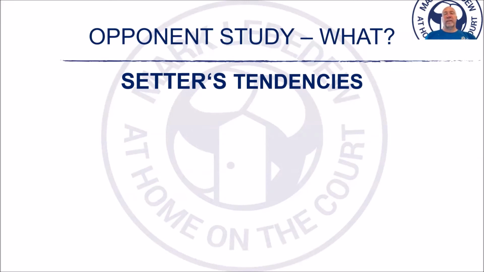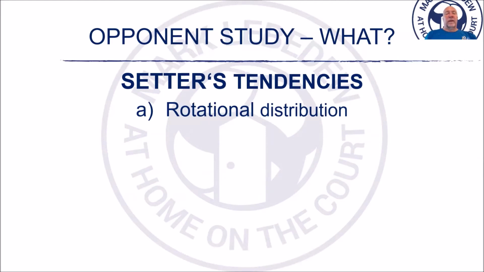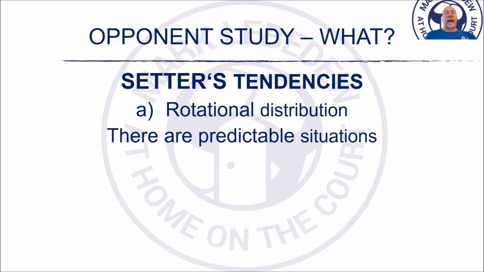attention to spikers. The next thing that we need to do is really search for the setter's tendencies. And there's a lot of different things that we can look at here. And this is the one that can really take the most time. The most common one, the traditional one, if you want to call it that, is to look at the rotational distribution. So when the setter's in position 1, in 6, 5, 4, 3, 2, we can look at that, and